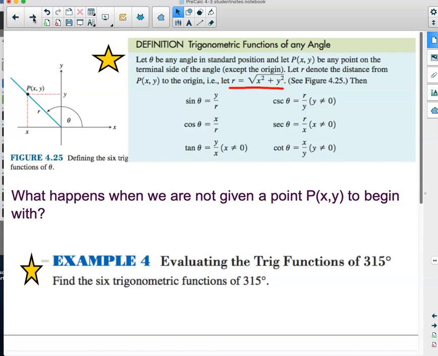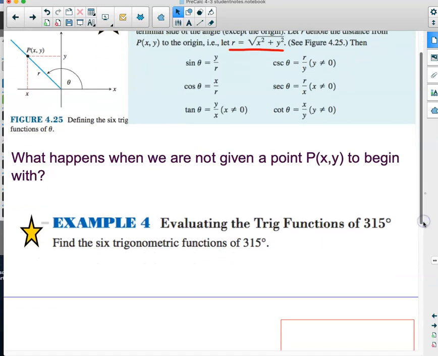So, like it says, what happens when we're not given a point, x, y, to begin with? Because when we started, our objective said, hey, let's find these trig functions for anywhere, any real numbers that we could possibly have. Well, sometimes we can find a point. Sometimes we're going to recognize a relationship and we're going to be able to say, hey, I know that one. And when that happens, that's what we want to use. So we try to find